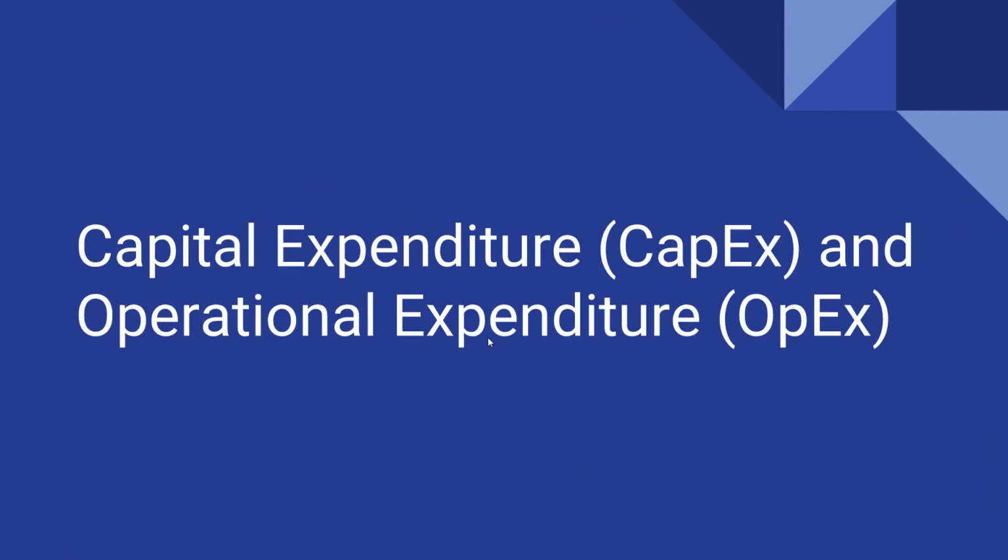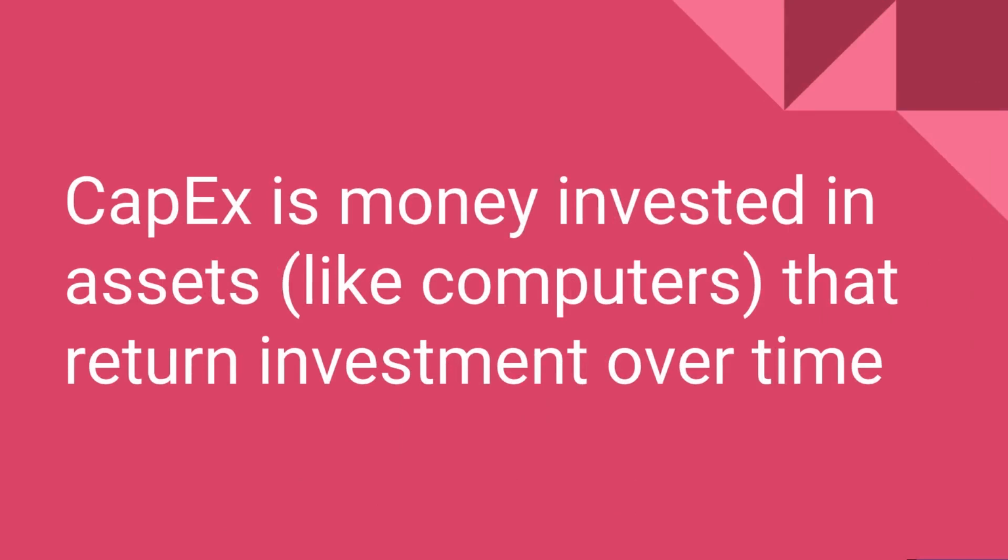So next up, we're going to talk about a couple of financial terms. These terms are capital expenditure and operational expenditure, abbreviated as CapEx and OpEx. Capital expenditure is basically looked at in business as an investment. If you were to talk to your CFO or the owner of the business, they would say they're going to take $1 million and buy or lease a building, buy some hardware, computers, the networking, all the investment that goes into getting that installed. And that's an upfront cost. Before they've even made a single dollar from that investment, they have to spend that money.